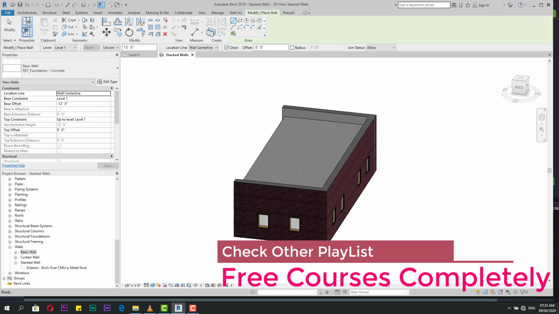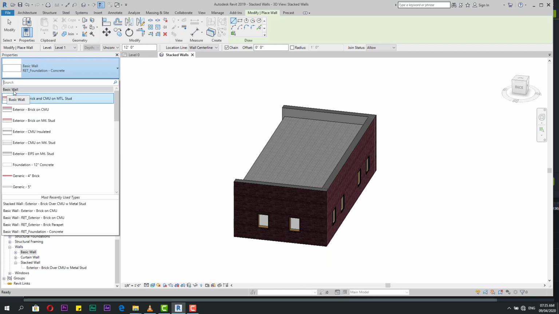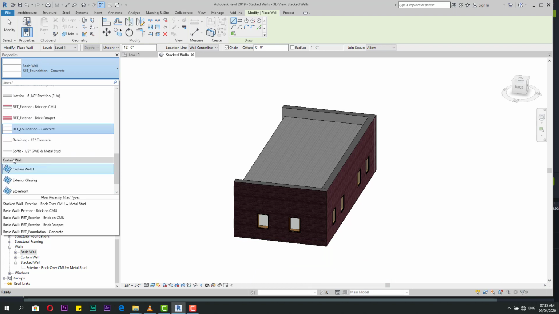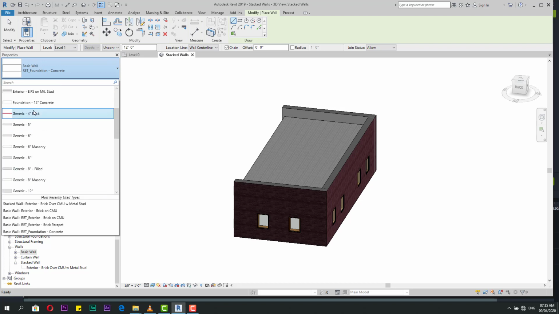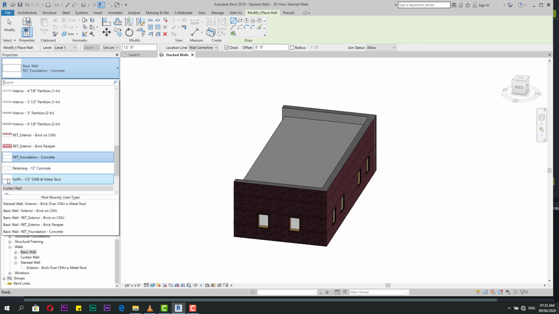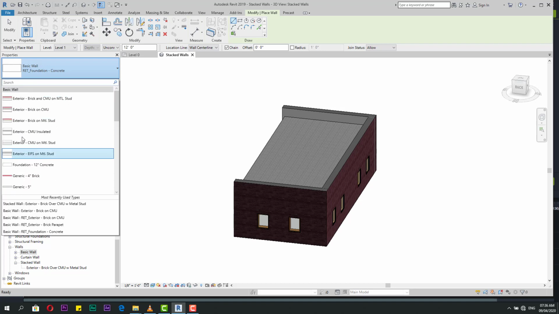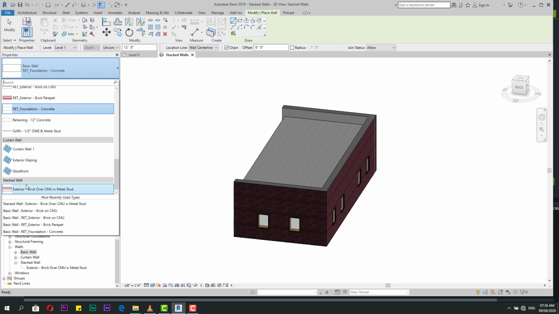If I click here and go down in this drop-down, he writes basic wall and curtain wall and stacked wall. The name of curtain wall or stacked wall or basic wall is the type. Now you have the family, which is the wall, and basic wall, curtain wall and stacked wall named by type. And this one, exterior or curtain wall 1 or exterior brick, this is the name of the